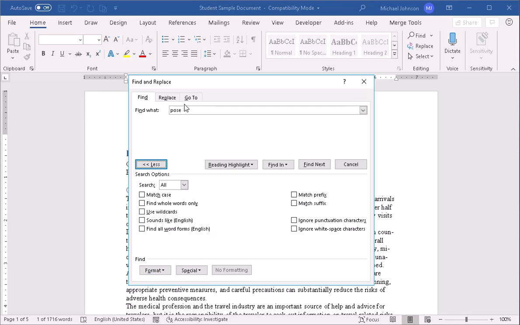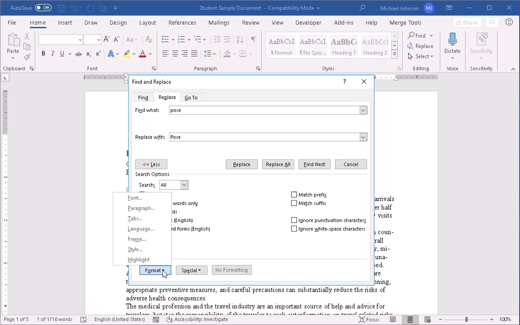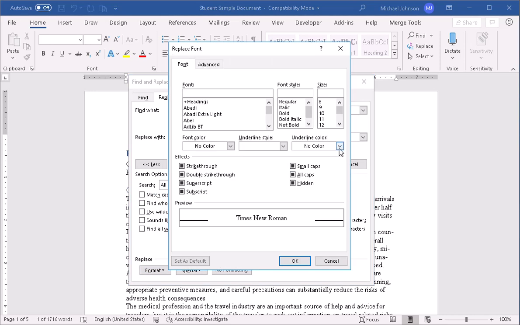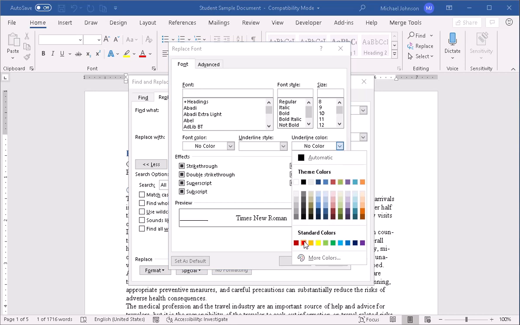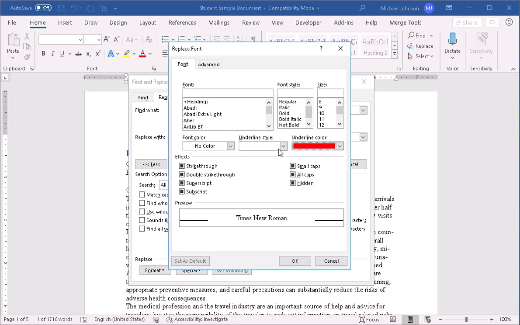So I'm just simply going to replace it. So once again, I have pose. I'm going to type, I would like it to have pose underneath as well, but I want it to be capital P-O-S-E. And I'm not satisfied with that. I'm going to format it. So I'm going to click on Format. I'm going to choose Font. I'm going to make the color red, and I'm also going to make it bold. Okay, so it shows me primarily what the font will look like. I'm going to click OK,